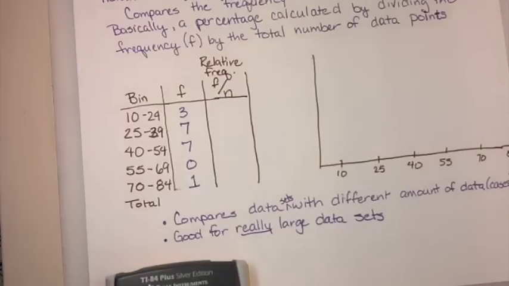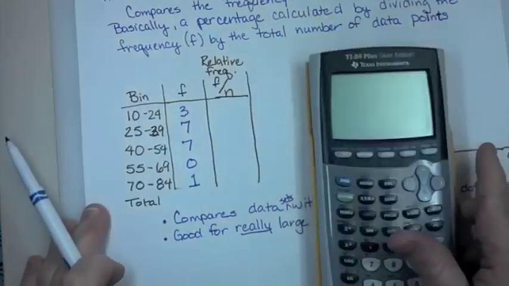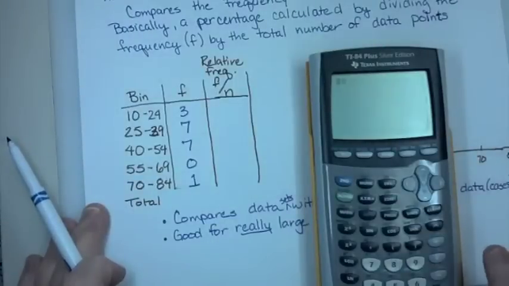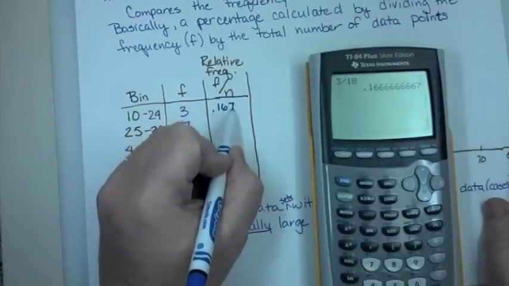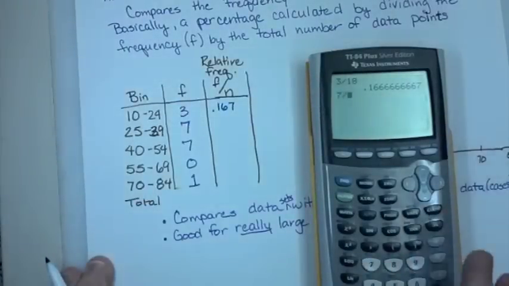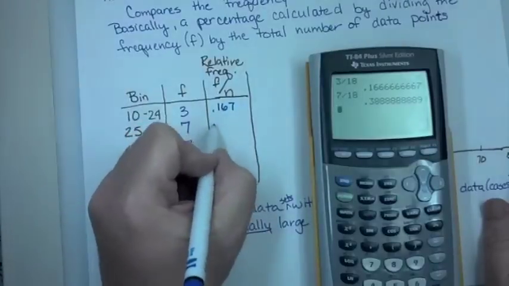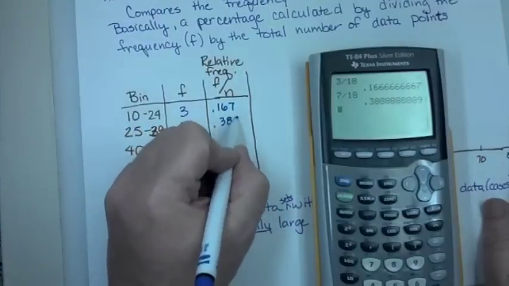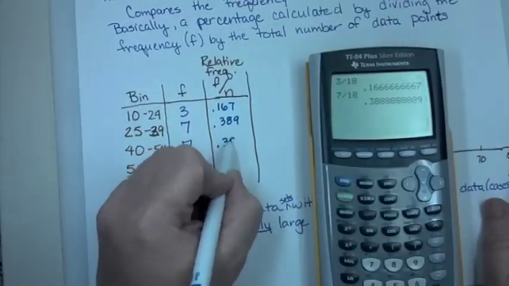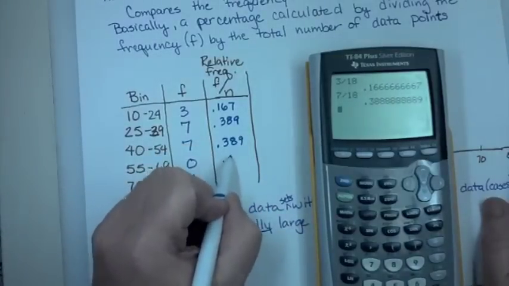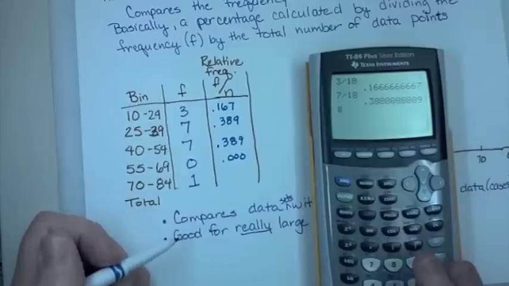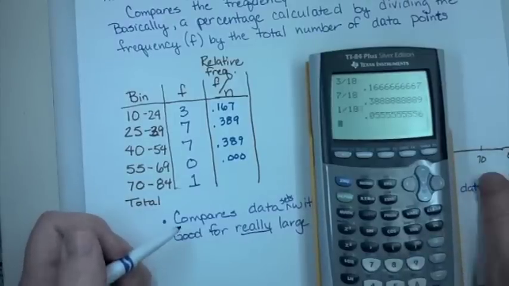So 3, get the calculator up here, 3 divided by 18 is, now in this case I'm going to round to the nearest third digit, because really you want 3 digits. 7 divided by 18. And many times they aren't pretty, like these are not very pretty. That's also 7. 0 divided by 18 is 0. That's nice. And then 1 divided by 18 is